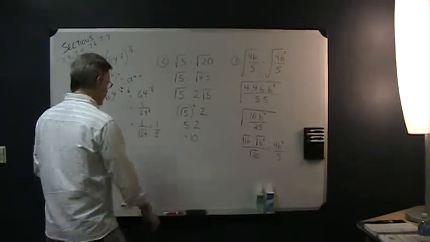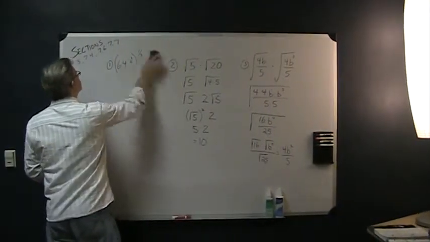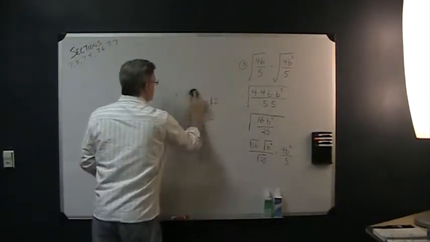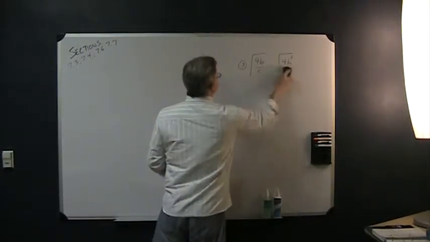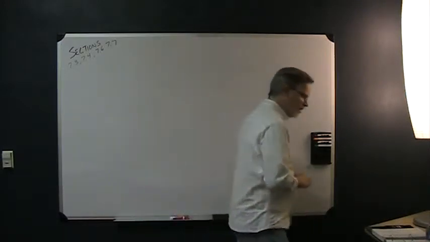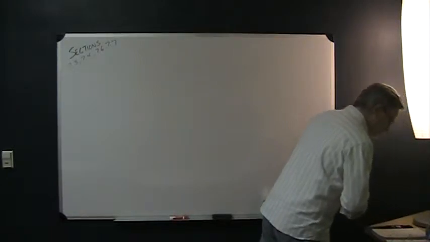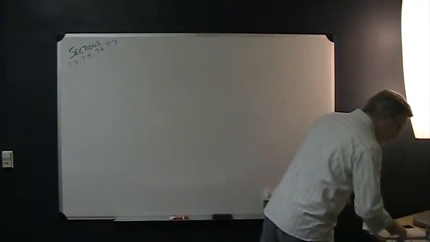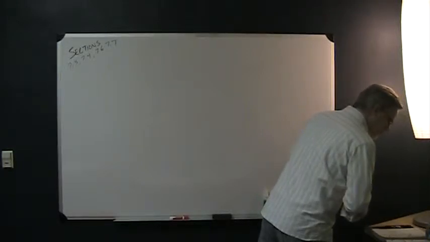Let me work just a few more for this video. So this is simplifying radicals. But let's consider a little bit different case. What if we wanted to multiply radicals? Let's look at an example where we're going to multiply a radical and then maybe the addition of a radical. But let's look at multiplying. Let's do